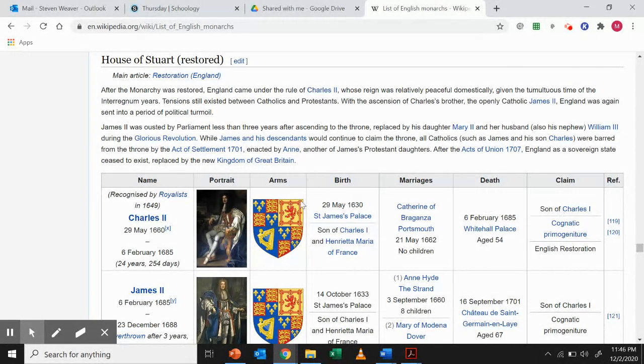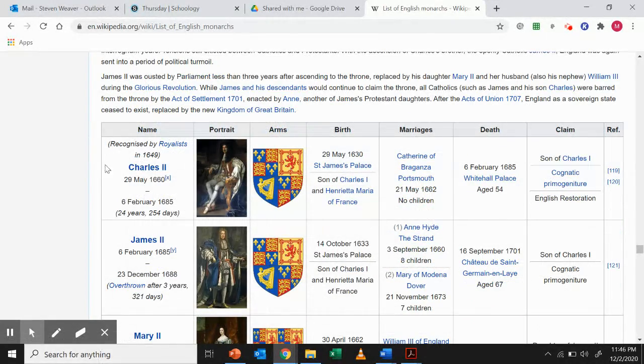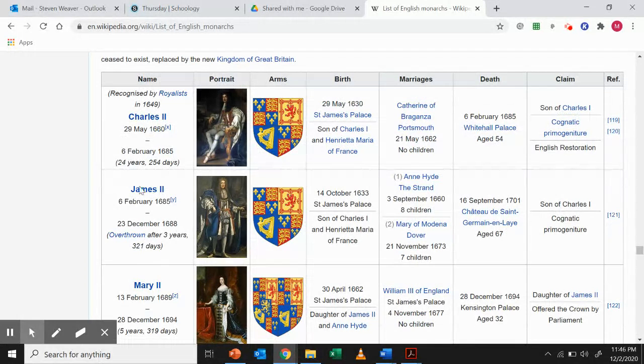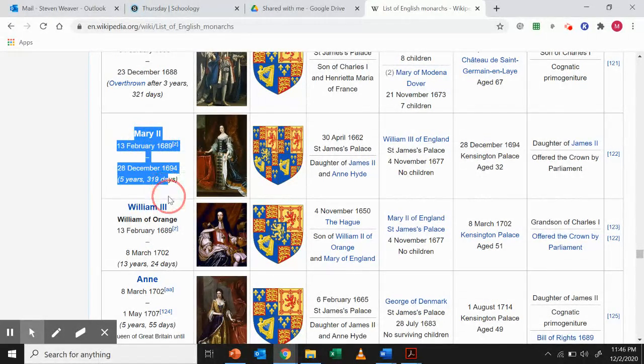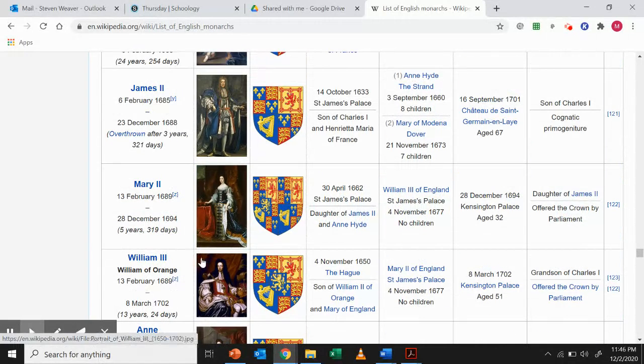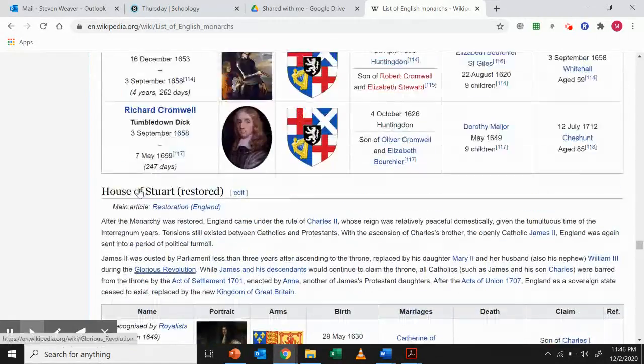They invite the son of Charles I, who they killed. Imagine going back and taking over the leadership of a country after they killed your father. Anyways, Charles II does. He tries to rule as an absolute leader. James II, again, takes over for him, again tries to rule as an absolute leader. But because he's Catholic, he's very unpopular. And so they invite his daughter, Mary, and her husband, William of Orange, the two people we just talked about in the Glorious Revolution, to come take over as long as they agree to that English Bill of Rights. So I know this was really quick, but it's important in England.